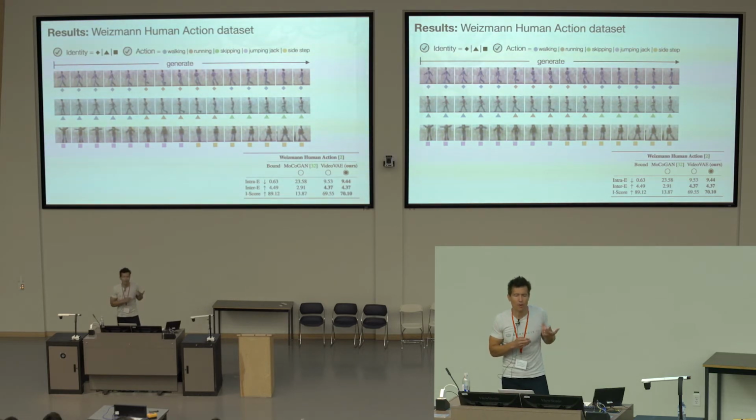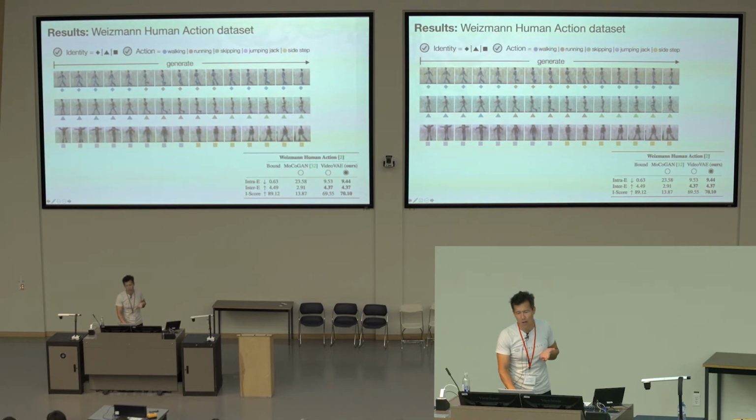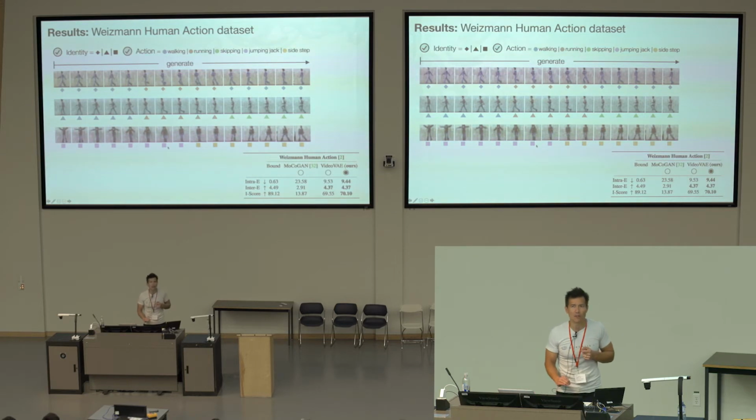What's interesting to me, and what I was excited about, is that we were actually able to generate transitions between actions that don't exist in the actual training data. In the training data, you have sequences of just somebody walking, or just somebody running, or just somebody skipping, or doing jumping jacks. The training data are all single actions. What our method was able to do is learn how to generate smooth-looking videos that have these transition points, for example between walking and running, visualized in these two top rows, or between doing jumping jacks and then doing these sidestep motions.